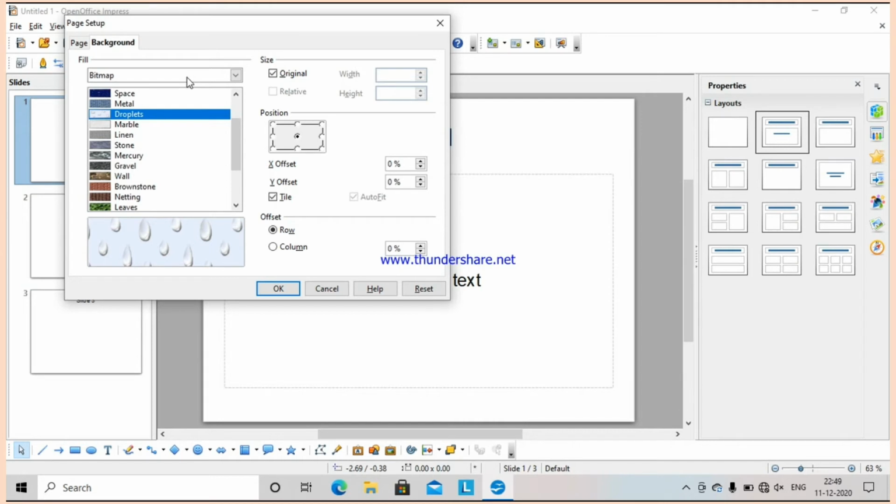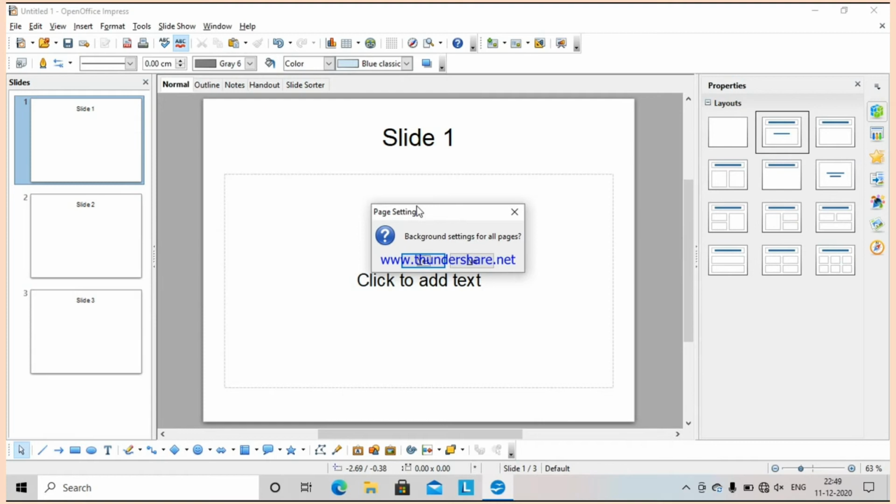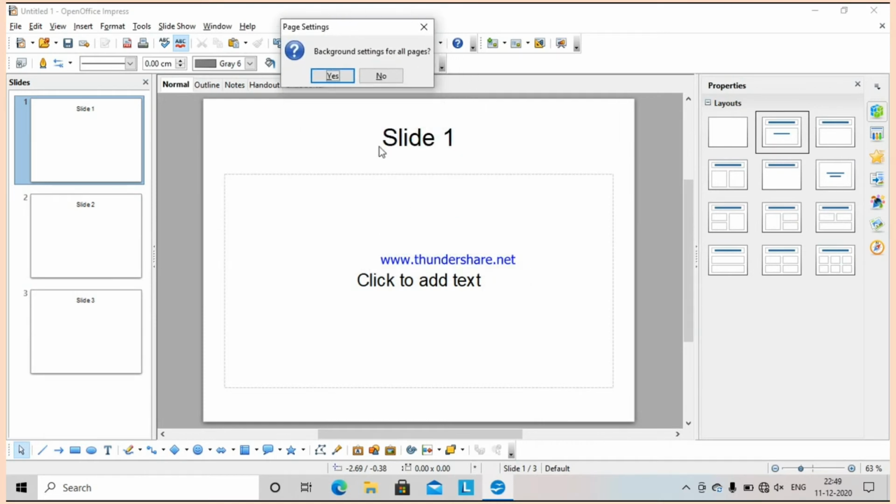Whichever you want, if you want to fill with a solid color, if you want to set the background as gradient, as hatching, or as bitmap, whatever you select, you just select it from here and click on OK. When I click on OK, there comes a small Page Settings window which asks about background settings for all pages. Means whatever background we had selected, should it be applied to all the slides in the presentation or only to the selected slide?